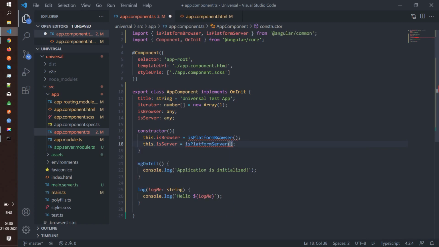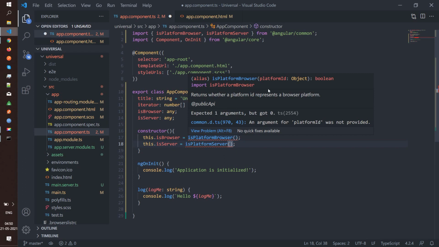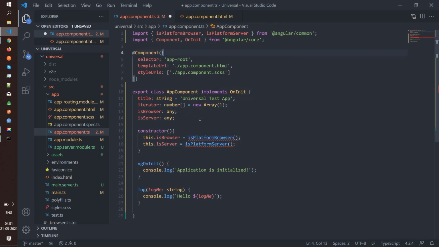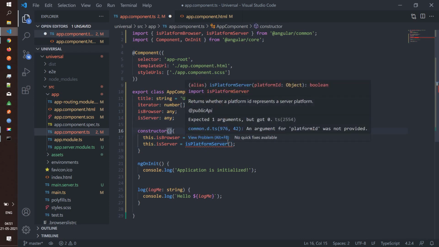So now, if I hover over this, you can see that the platform ID is required in the parameter. Now let us create one. We need to inject the platform ID in a variable.